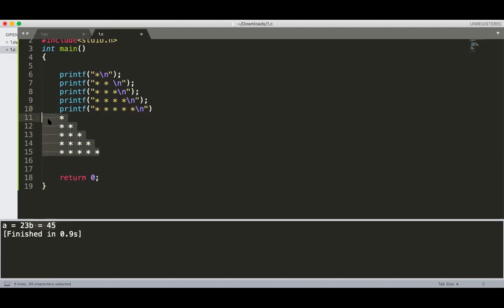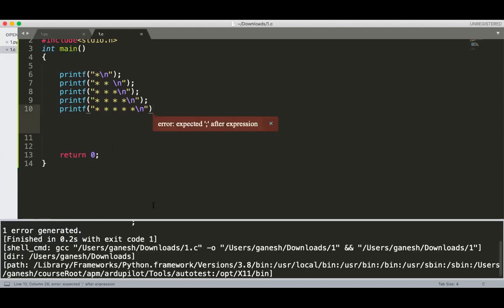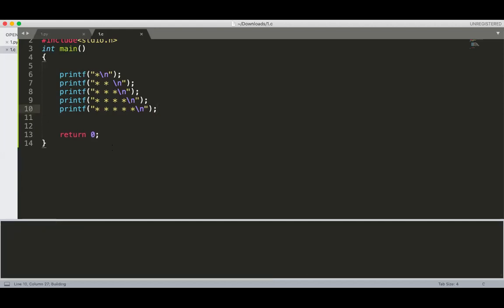And this is the type of output I want, and if I run this program, you get the same output here.